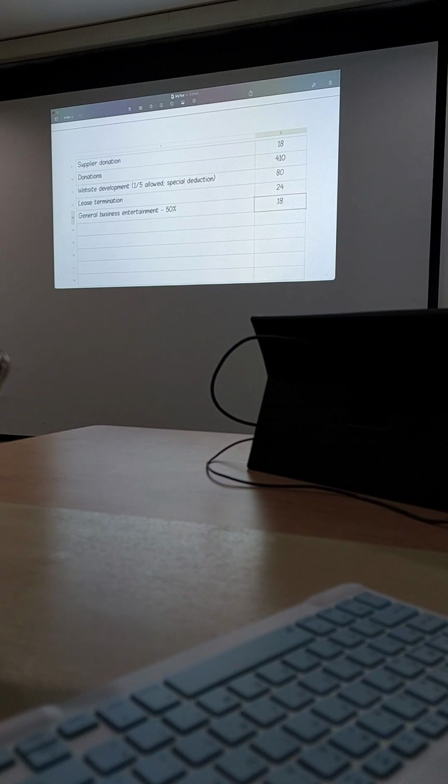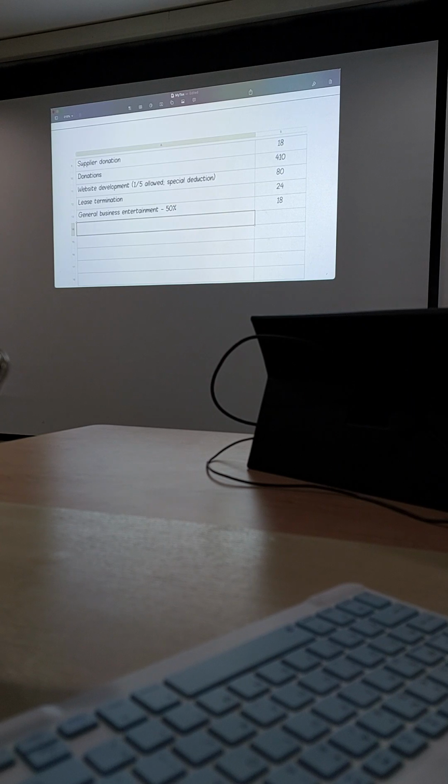Sir, all of you are from KPN? Sir Makno said that we haven't taken taxation 3 yet, so that's why we lost. We only took tax 1 and tax 2, and it all got exempted. Especially the unit trust and the REIT, we haven't learned that. Don't worry, unit trust is not in the syllabus, it's not in the tax 3 syllabus.